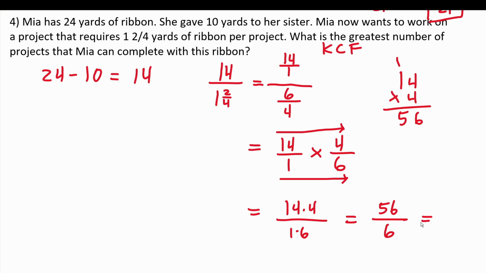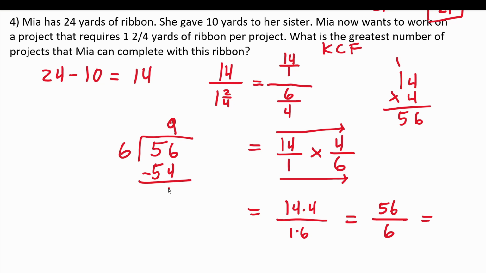And again, that really doesn't answer this question because we want to know how many projects she can complete. So we're going to have to convert this to a mixed number. And to do that, we're going to regard 56 over 6 as long division by reading it as 56 divided by 6. And now the question becomes, how many times does 6 go into 5 without going over? It doesn't. How many times does 6 go into 56 without going over? Well, 6 times 10 would be 60, whereas 6 times 9 would be 54. So we're going to go with 9 here. 9 times 6 is 54.